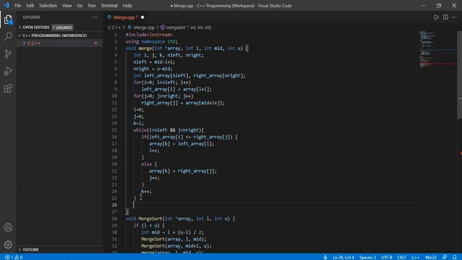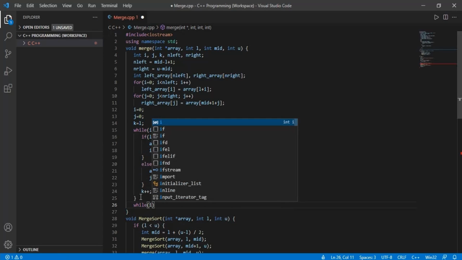Now eventually from this particular part of the code, certain elements are not yet sorted and not yet filled in the final array. That is, certain extra elements are left in the left array and the right array as well. So to sort them and to fill them up in our final array, we have to write down again a while loop.